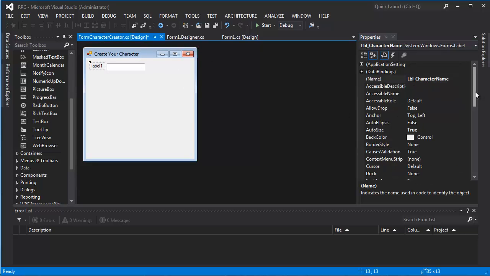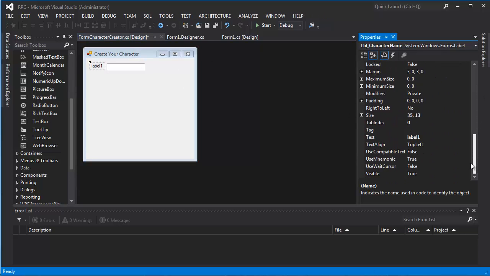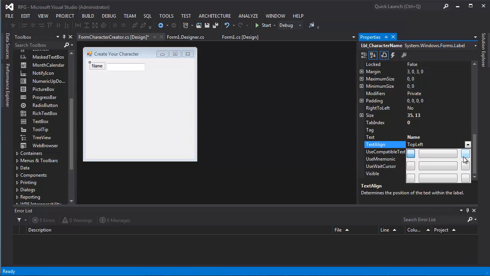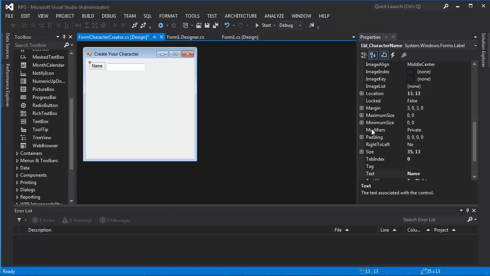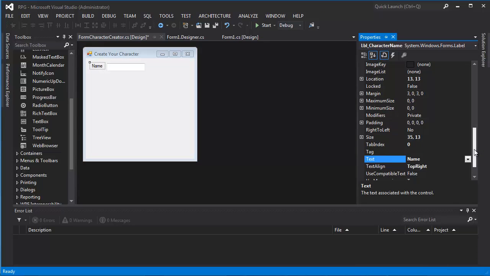And then I'm going to go down here, and I want to change the text to say name. And text align. Does that work? Top right. I don't know. There's text align somewhere on here. That's what I was trying to look for. It might just be because it has a margin on the right. All right, well, anyway,